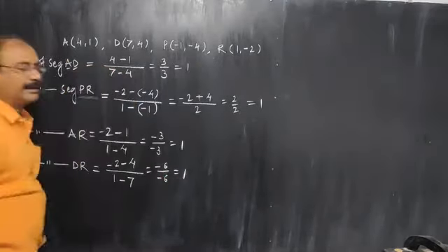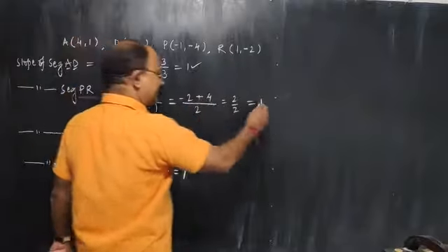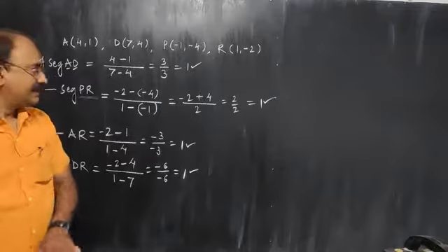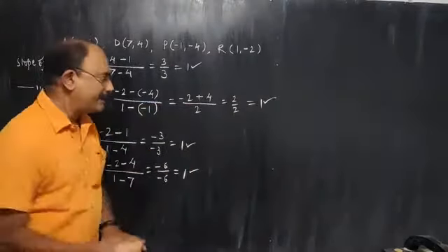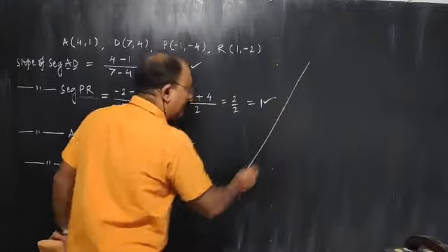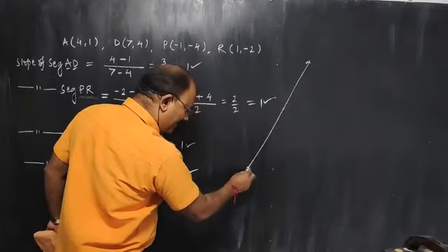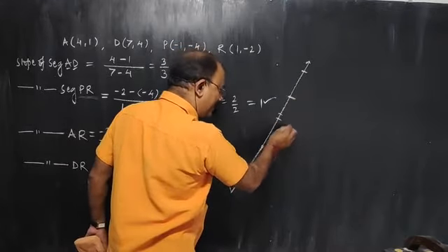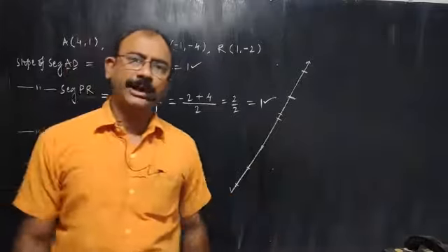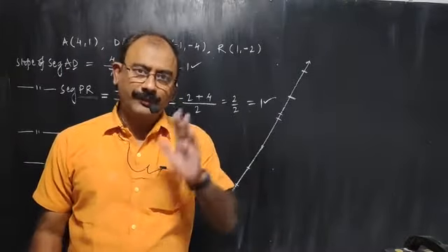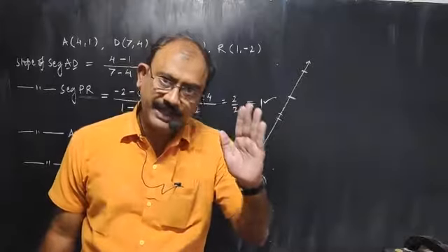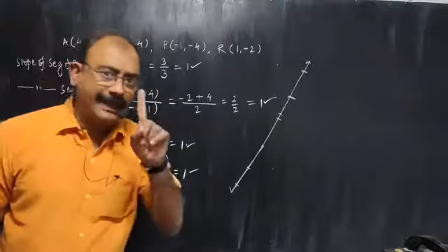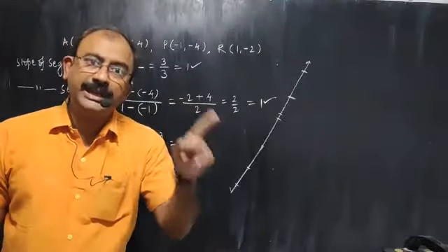So in all 4 places, what do you observe? That the slopes are same. That means if you take a single line, okay, then you calculate the slope here or by taking points here or by taking points here. Anywhere you take 2 points and calculate the slope, you will find that the slope will always be same. So we come to the conclusion that every line will have a unique slope.